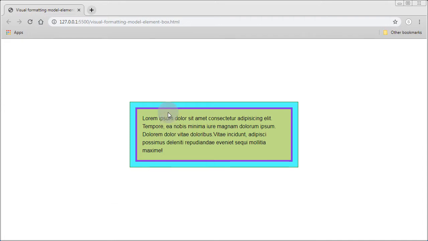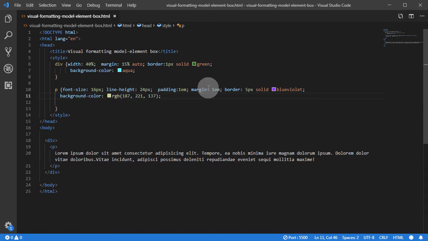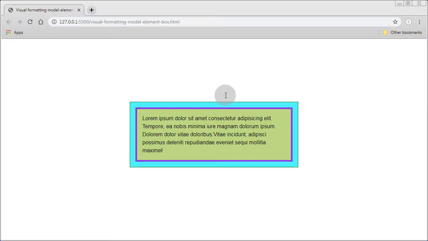Okay, yeah, so as you can see here we have p, and I gave it a border. Margins always come after the border, so it's border and then margin. So we have border 5 pixels solid blueviolet color, and then margin 1em. So this is the margin set on p. Because it's transparent, it's showing this aqua color of the parent div. Okay,